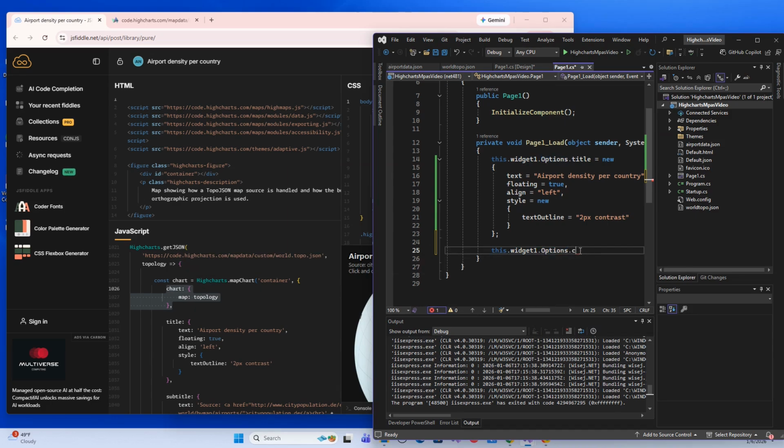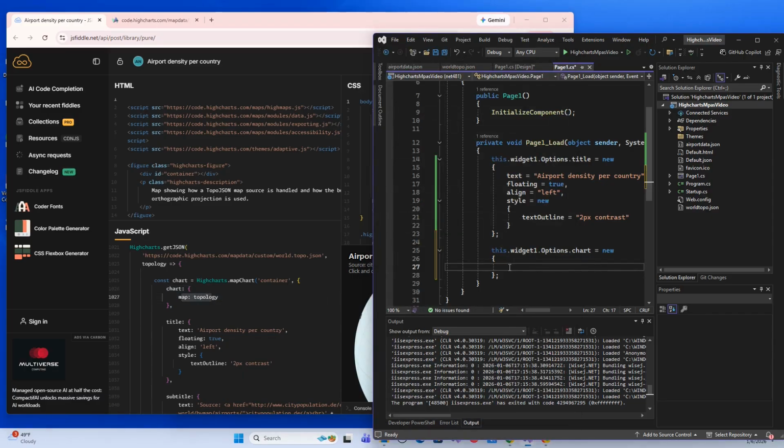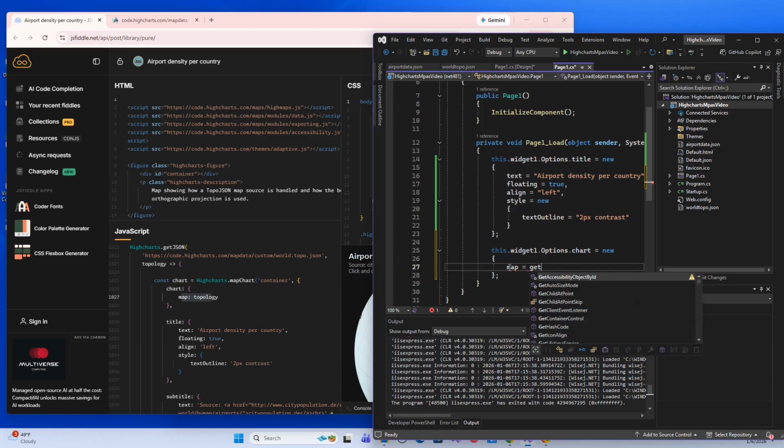So we'll say .chart equals, and then this is going to be a new anonymous object. We need a semicolon to end the line of code, and then the only thing in here is map equals topology. So we're going to say map equals, and then we'll go ahead and create a function